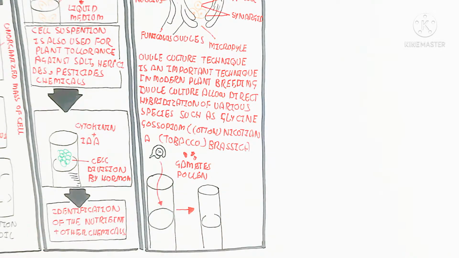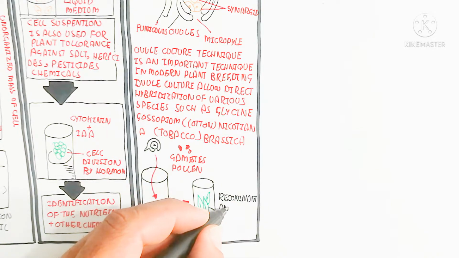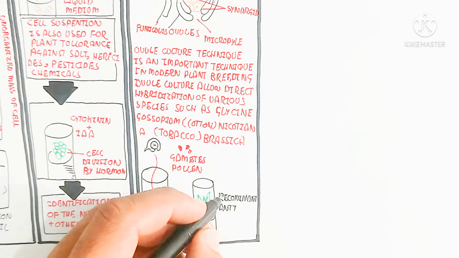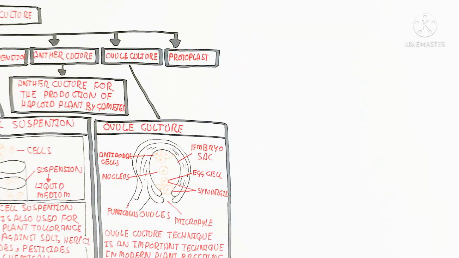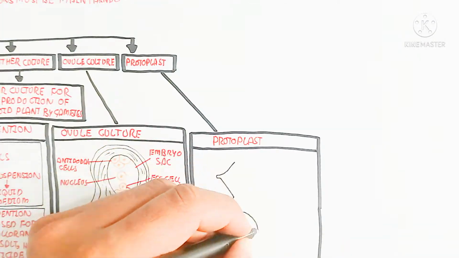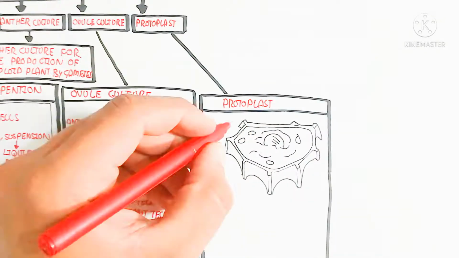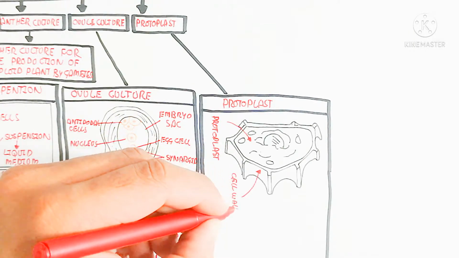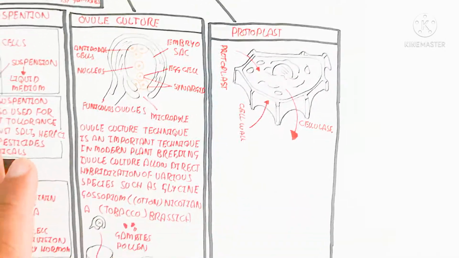So let's talk about the next topic, the protoplast. Protoplast is also important. The protoplast means the living part of the cell. So remember, we will first discuss what is the living part and what is the non-living part in the cell, and next we will understand more. The protoplast is the inside of the cell, a jelly-like structure containing the nucleus, vacuole and many more organelles, while the cell wall is the dead part of the cell, made up of cellulose.